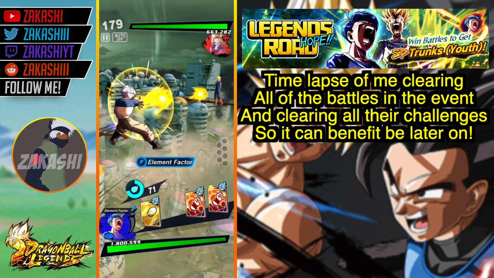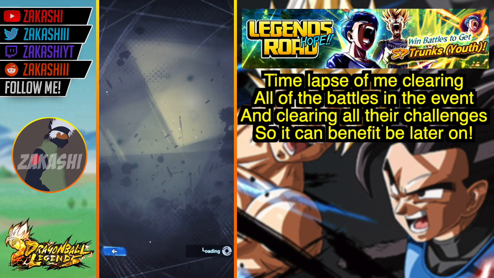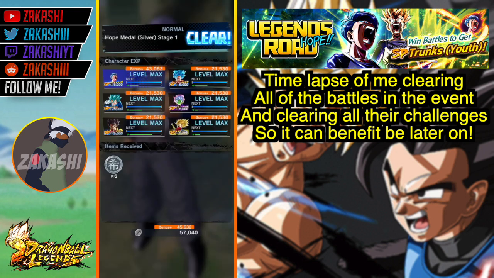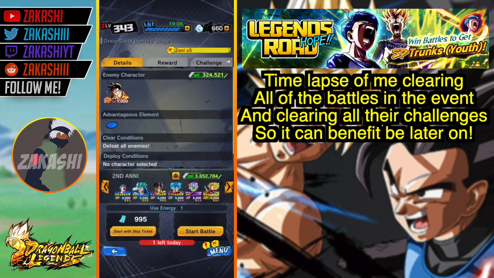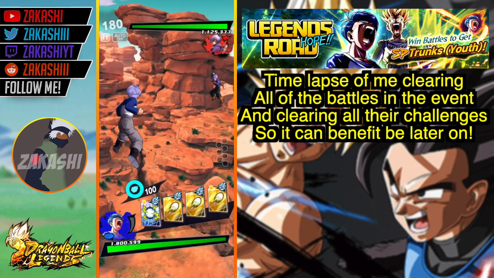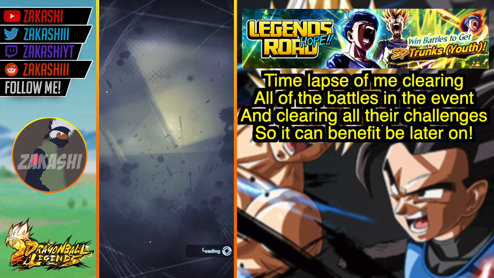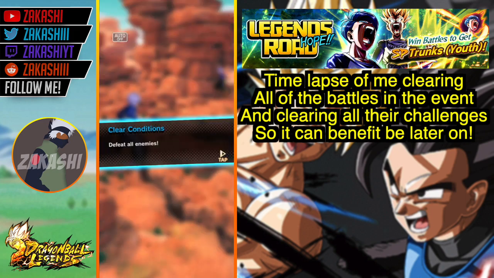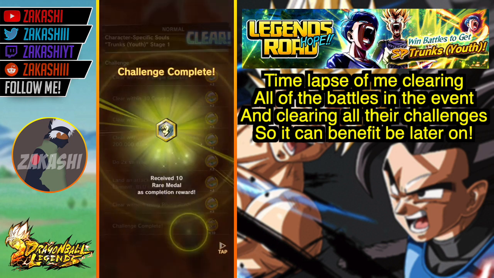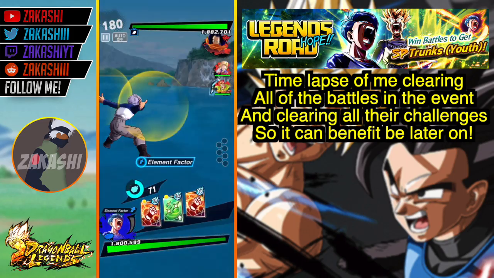And you want to make sure that you go through and do every mission. So even the one that says clear with one Legend Road character, you want to clear it with just one. You probably have Goku Youth, you might have the Gohan, I think Great Saiyaman's a Legend Road. I can't think of any off the top of my head apart from those, but you definitely have some other Legend Road units. And if you don't, then if you play through the event, you'll actually unlock Trunks Youth and get him at 0 stars, and that's fine for you to clear these events just with him,